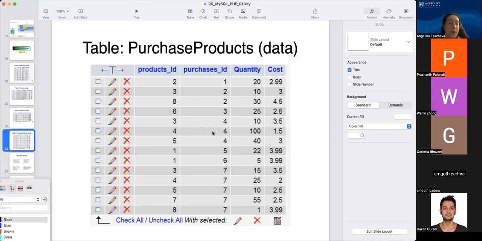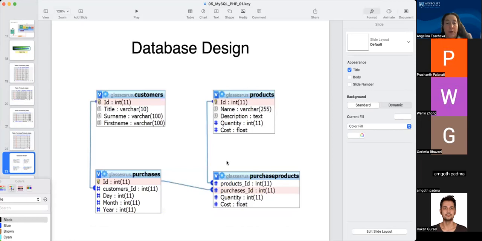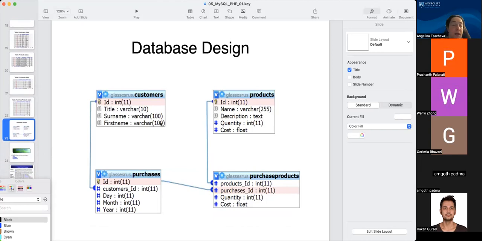And we are showing here the purchase products table. There are 4 tables in our database, and they can be linked through the ID or primary keys. So this picture is showing the schemas of our database. What the schema means, it gives the table name, the type of attributes it contains, and the data types associated